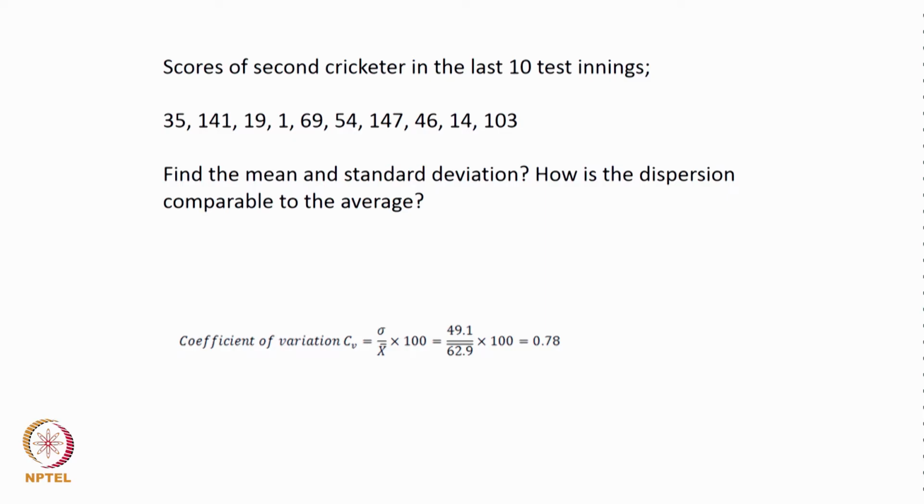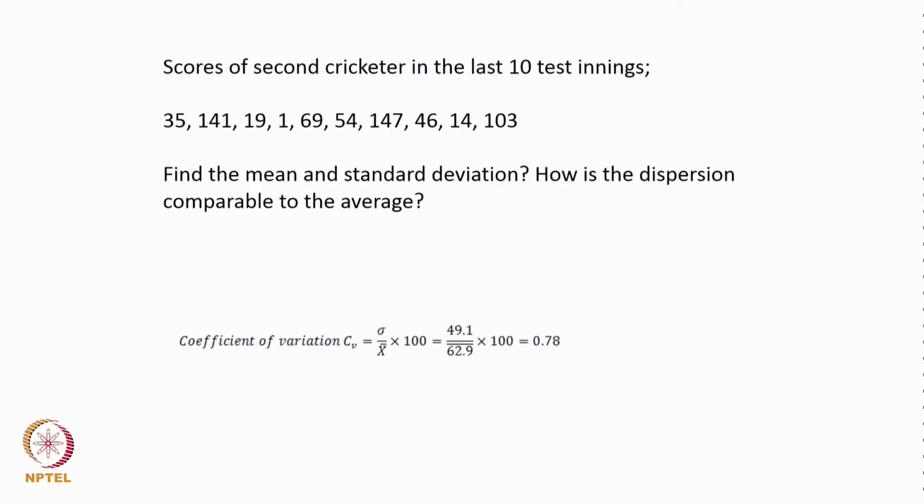So, these scores are 35, 141, 19, 1, etc. Now, we want to find the mean and standard deviation, and we want to answer the question, how is the dispersion comparable to the average. Now, in a similar manner, we calculate the sigma as well as the x bar, and then we say that coefficient of variation is sigma by x bar into 100,